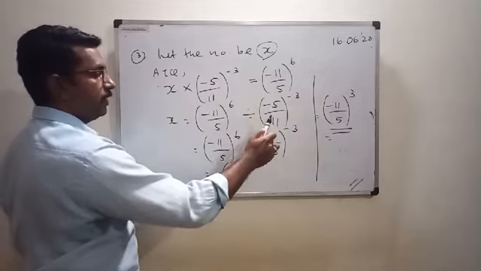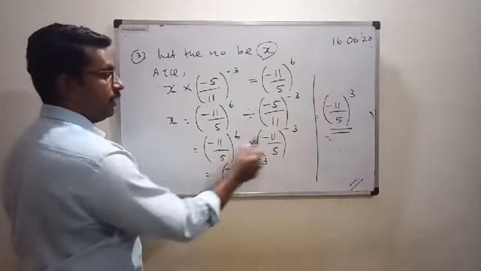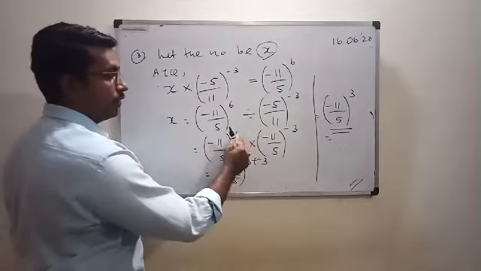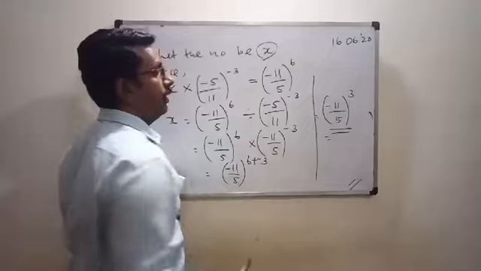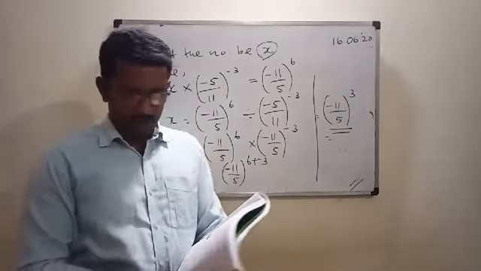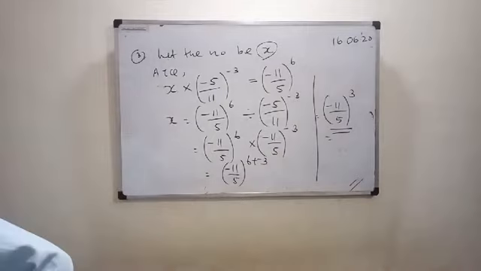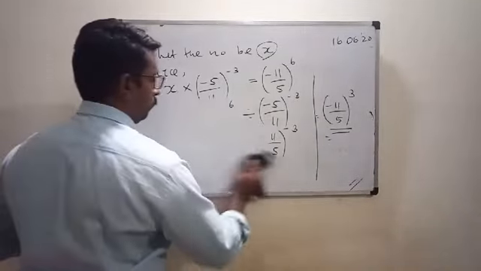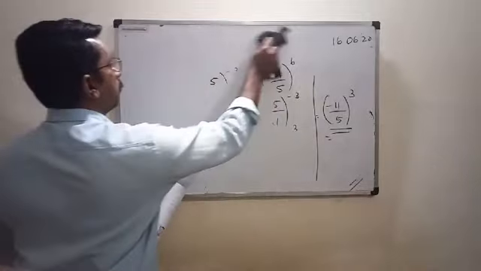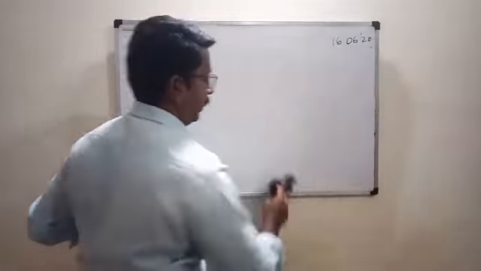Therefore x is equal to this one divided by this. How do you divide by a fraction? Find the reciprocal, into minus 3. Now you see same denominator, same base, so the product law can be applied and the power you get is 3. Okay. Now the next question is question number 5. See what is question number 5.